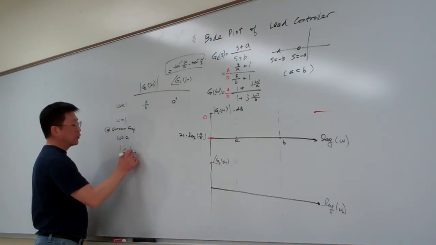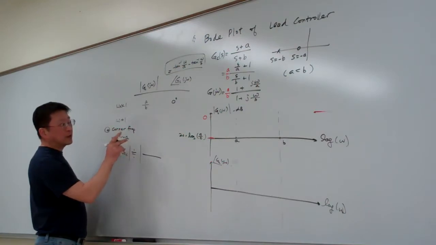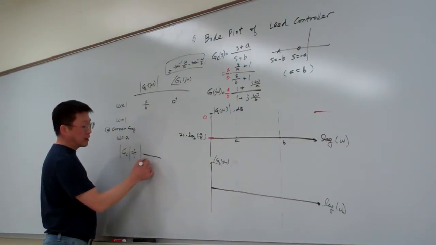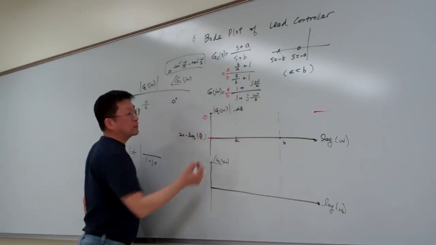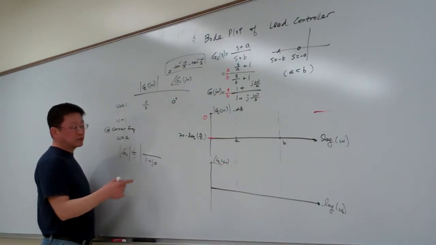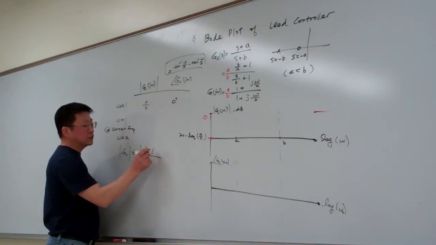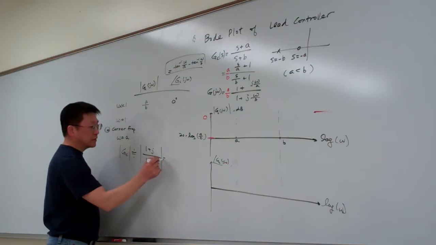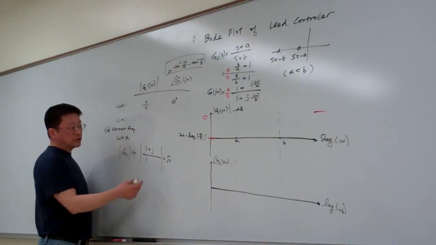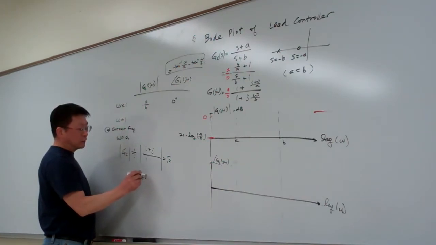GC will be approximately equal to, because omega A is smaller than B, this one is about 0. So for example, omega equals A compared to B, assuming that is small, basically here the numerator equals 1, and this one basically equals j. Making those assumptions, the magnitude is basically equal to the square root of 2, and if we take the decibel of the square root of 2,